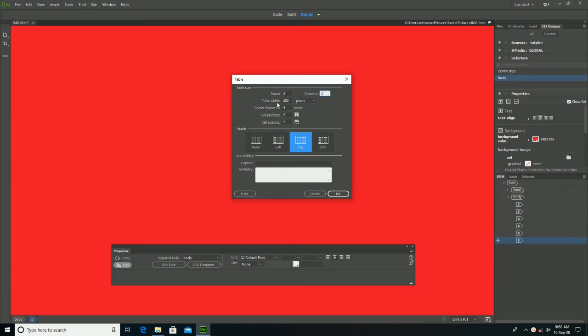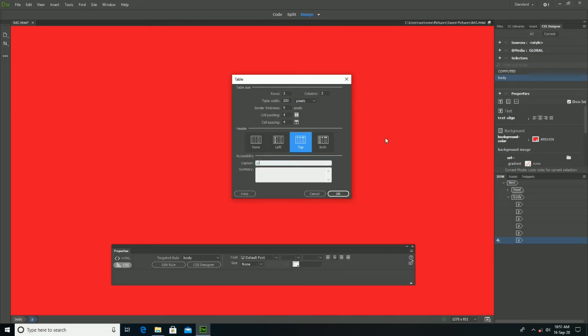Now set the table width, border thickness, cell padding and cell spacing, and you can set the header where you want the table to be added.